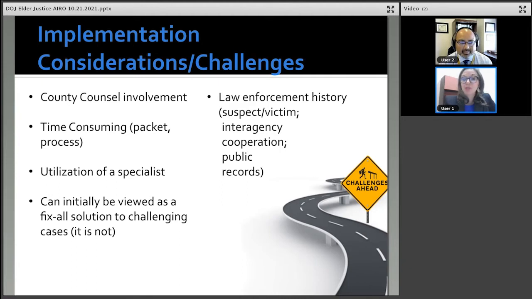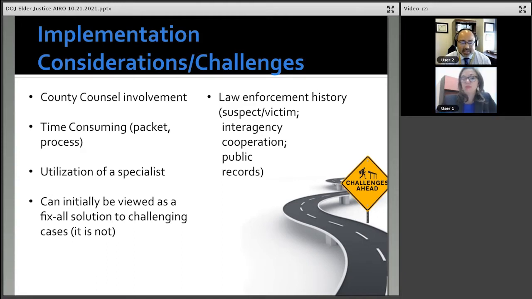To us in Riverside, we have determined that it doesn't matter how time consuming it has been, it has been worth it for us. It has allowed us to protect our clients at a level that we didn't have before for these really tough cases. And so for us, yes, it's time consuming, but it's completely worth it in the end if we can intervene and protect a person and their assets. Definitely highly recommend the utilization of a specialist. That is really important. I don't know if Ray, you want to add a little bit more to that, because I think that's been helpful for you.